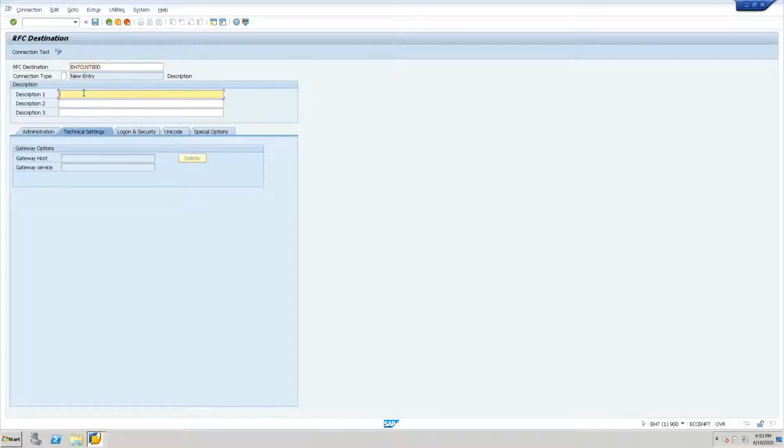Then let me write over here RFC in between GRC with ACC plugin. So here I put these things and then go to your administration.